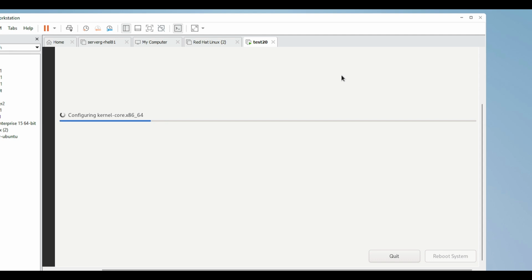So hope it will come now. This succeeded as kernel core is installed. So this will take only 2 or 3 minutes. Whenever kernel core installs, it means your OS installation is going well. So I believe this will take only 2 minutes, not more than this. However, in between, our discussion is very important. You have to take care of my voice or this discussion in your IT journey.